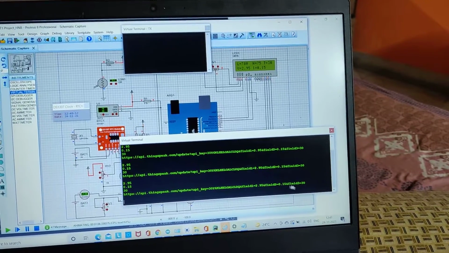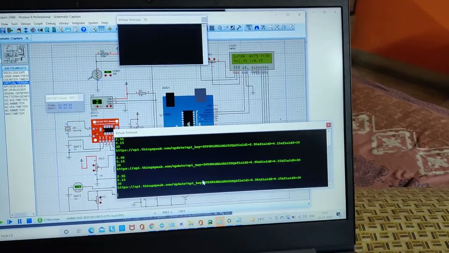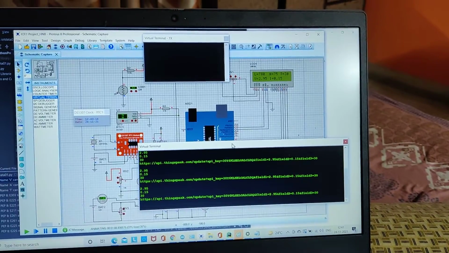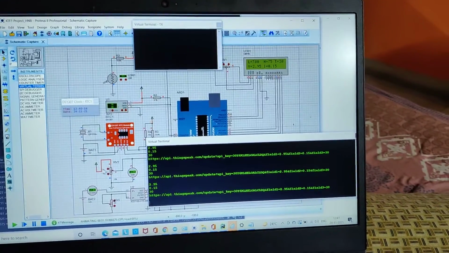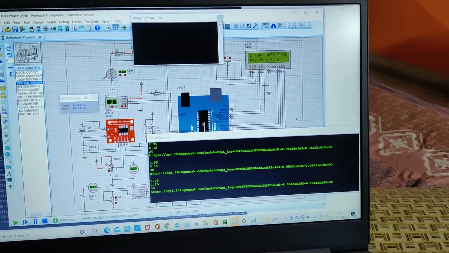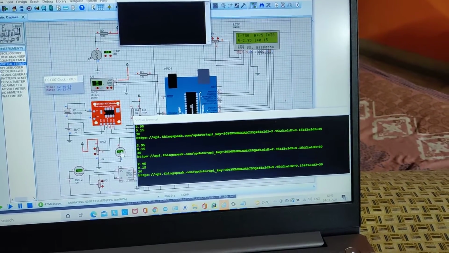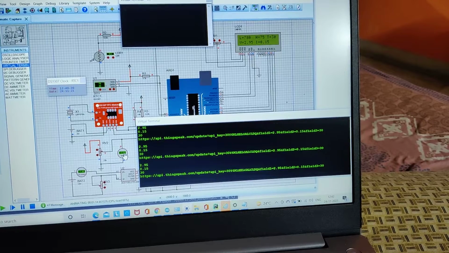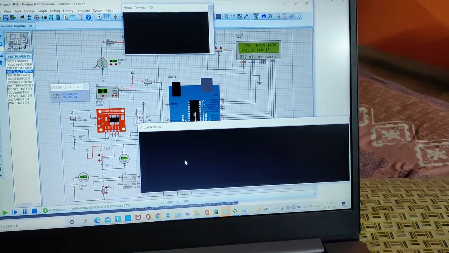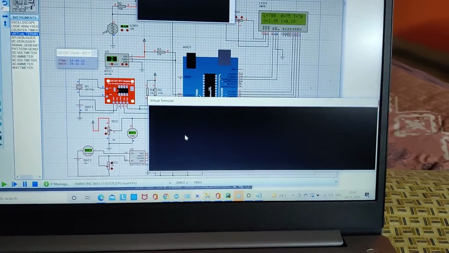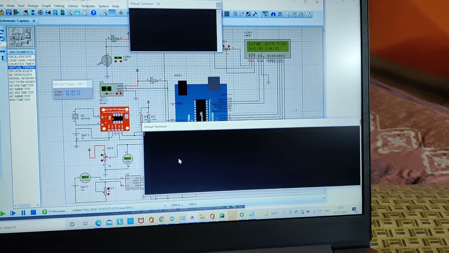These are the values, 2.95 and all these values. Yeah, so this is a real time simulation, you can see. If you change the voltage, then it will reflect over there. In the next raster you will be seeing, you can see 3.20 was the value. I just cleared the screen. So this is a real time simulation.